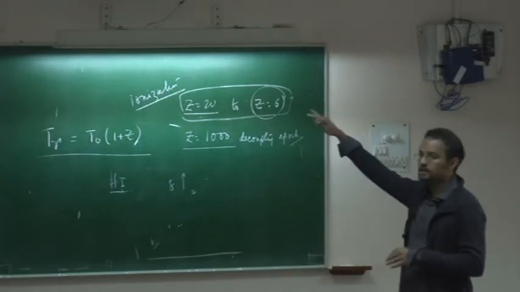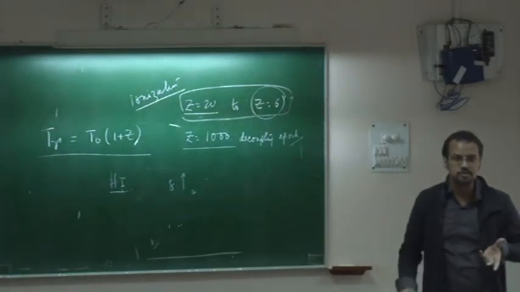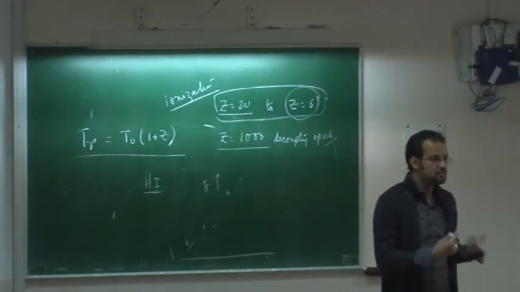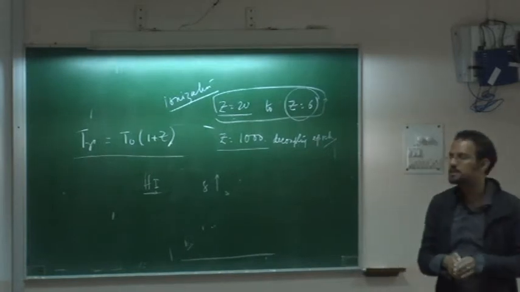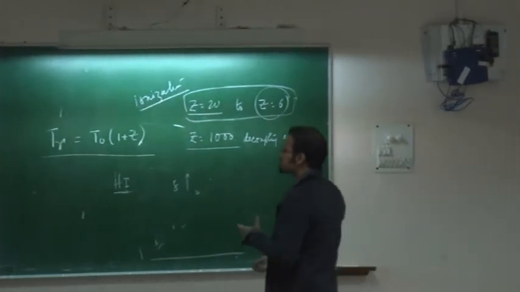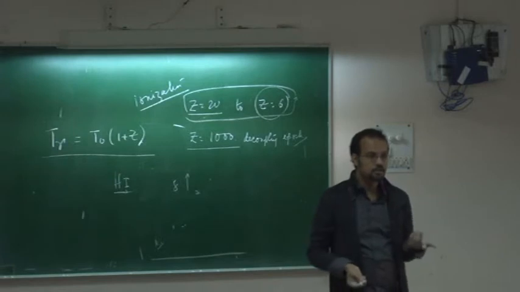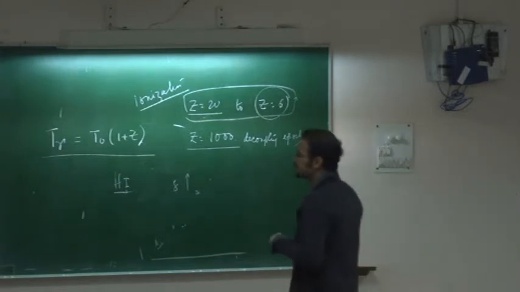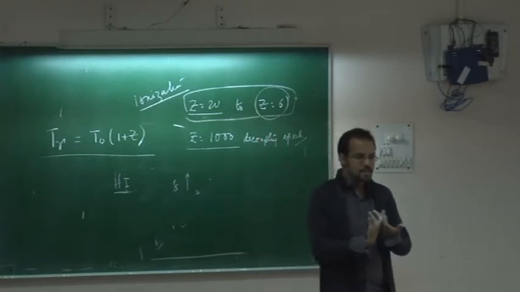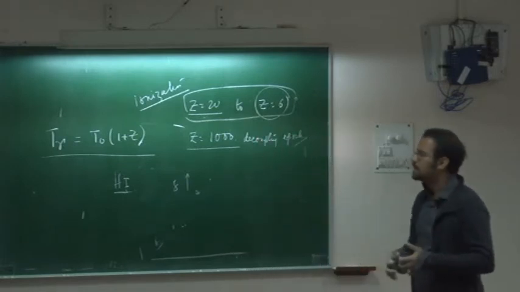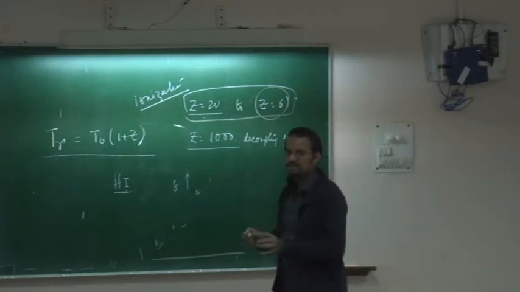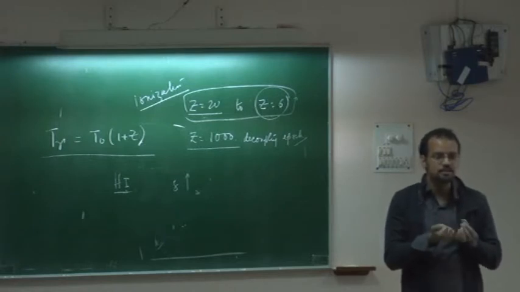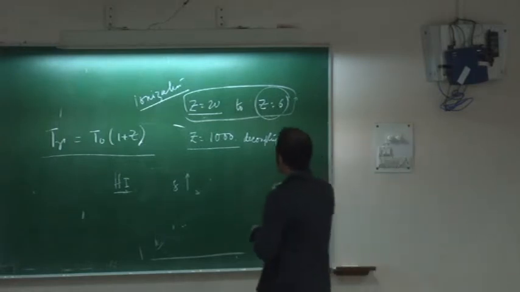So CMBR, which was very homogeneous, what was the order of homogeneity? 10 to the power minus 5. So 1 part in 10 to the power 5, that was the degree of homogeneity. Here the inhomogeneity leads to almost order unity, more than order unity. So this delta becomes order unity. Thereby you have these collapsed structures, right? So the gas, which is largely neutral, is now completely ionized and only occurs in very, very small regions in neutral clouds. So redshift 0 to 6,